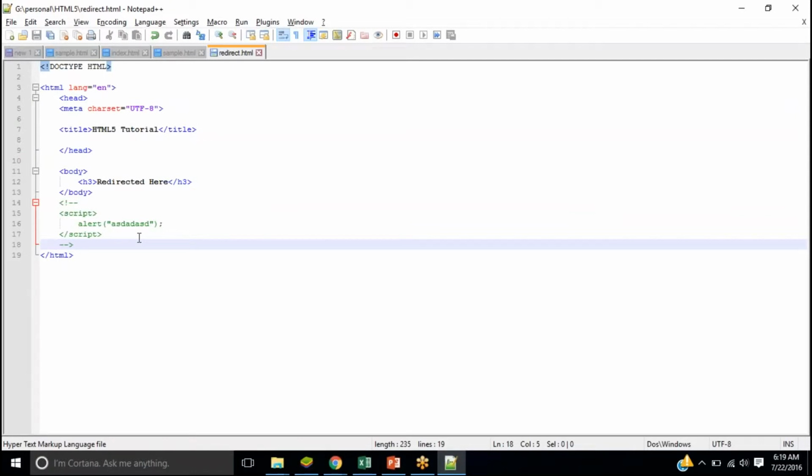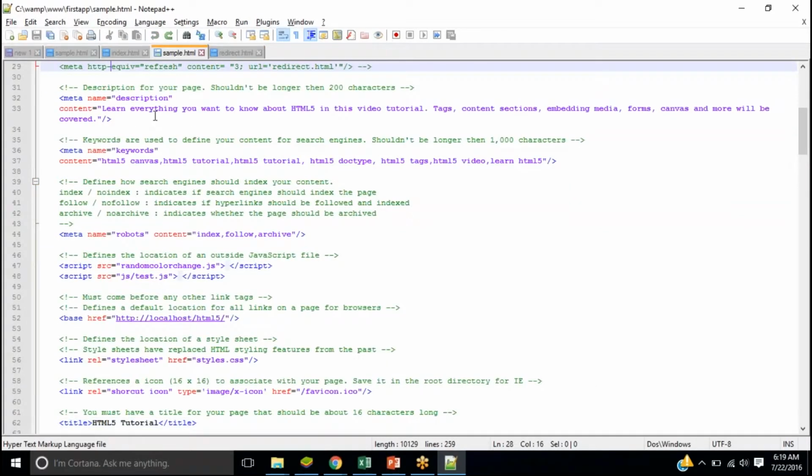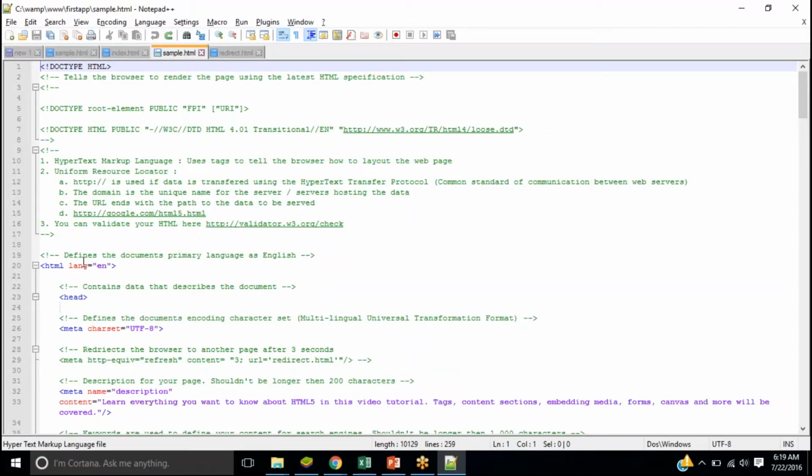Generally we use these kinds of comments for two things. One is for descriptive purposes, like if you see my HTML page that I was showing you, there is a lot of description in and around it, explaining each tag, what this tag does, what that tag does. In real-time applications, apart from writing code, people also write comments for each line of code, or rather each block. Let's say I've written a function. To make sure it's clear what that function does, we write comments.